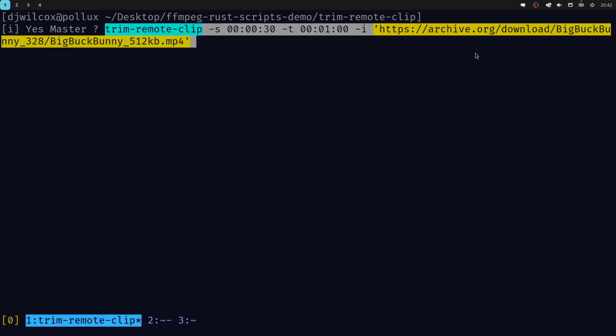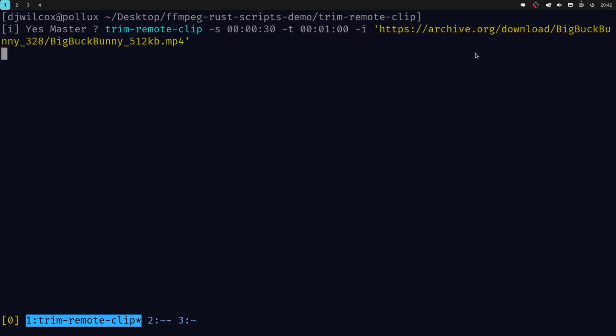The way this works is it will basically download the highest quality available, and you can use your yt-dlp config to specify the quality that you want to download. For example, if there is a 4K video and you just want to download a 1080p clip, you can specify that in your yt-dlp config by looking at the configuration options for yt-dlp. So just press return here, give it a second, and what it's going to do is fetch the stream